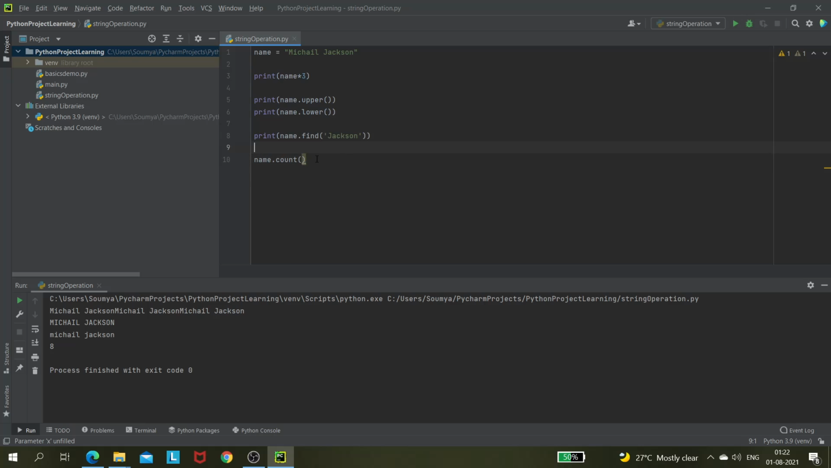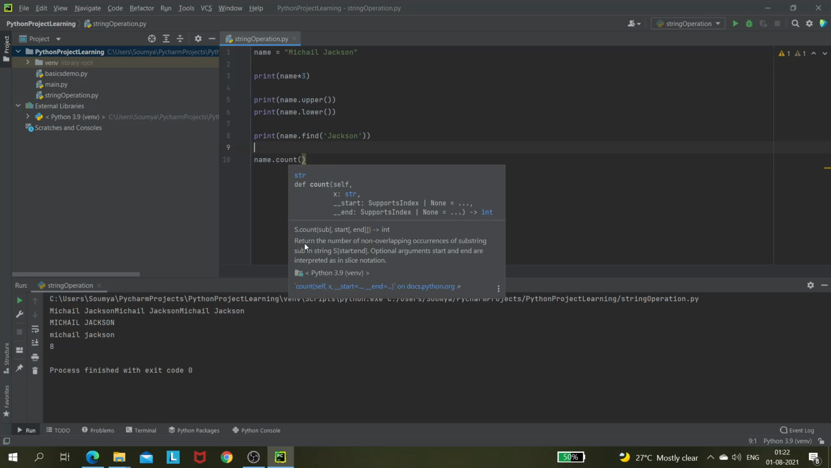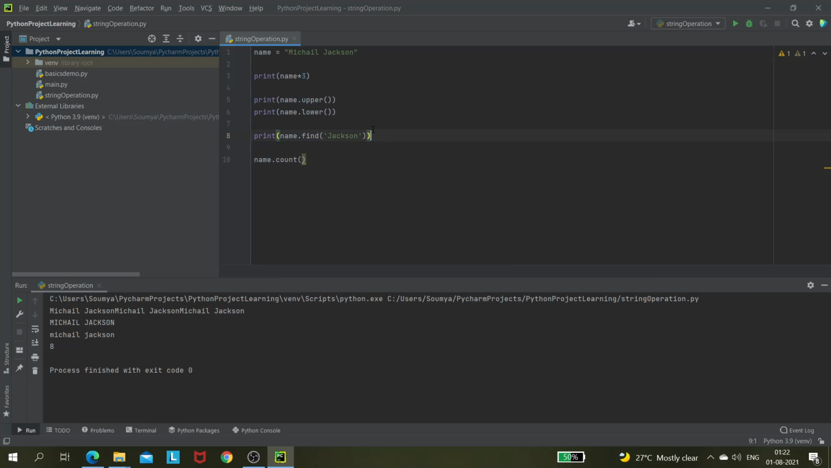So let's see what this count is actually doing. It returns the number of non-overlapping occurrences of a substring sub in the string. Let's say there are duplicate elements, and we want to find out how many of those duplicate names are available. So to do this, what I will do,